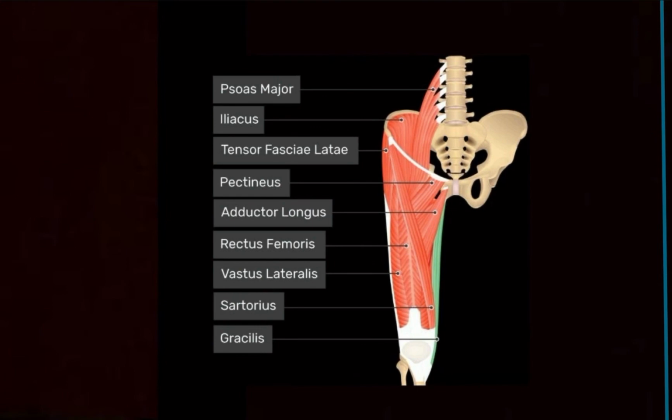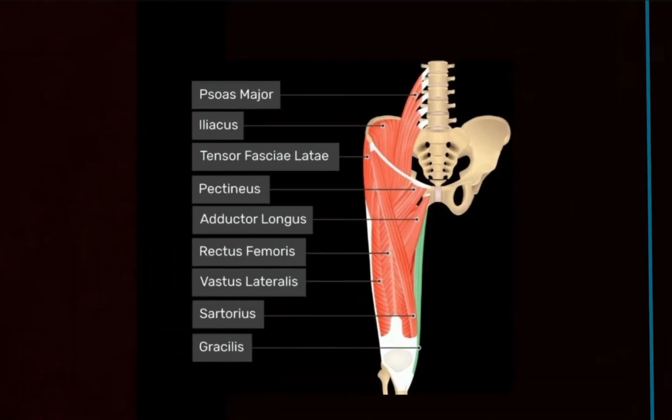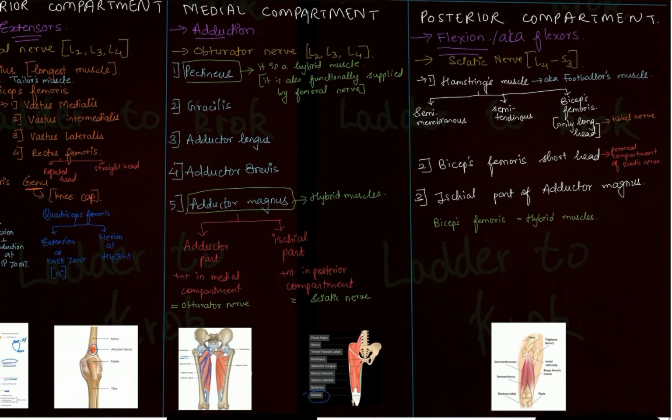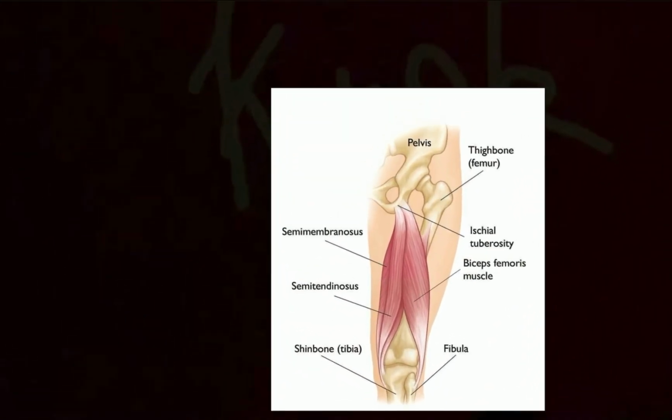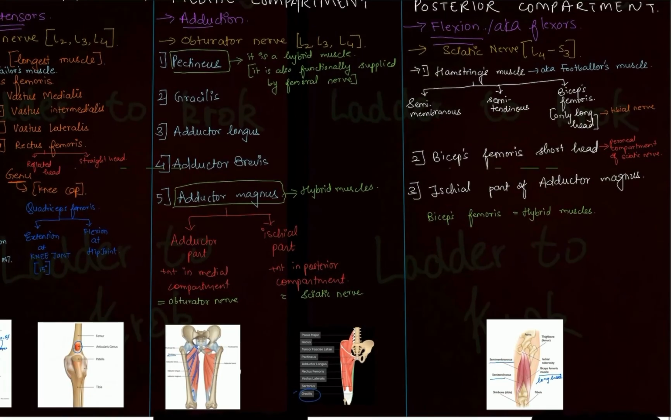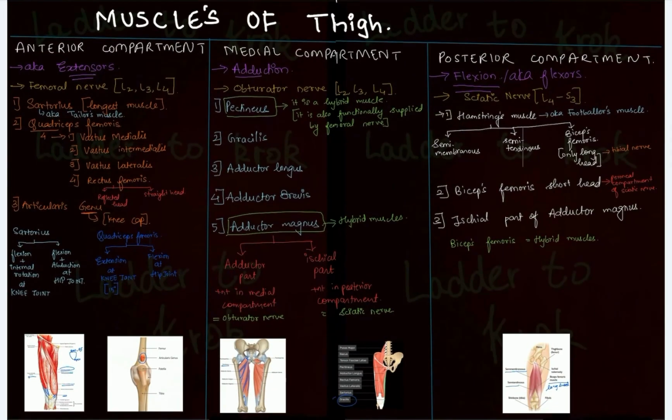So this is the picture for the gracilis muscle. This green color highlighted muscle which you see. Okay. This is the gracilis muscle. So this picture was mainly for the gracilis muscle. Let's look at the posterior compartment of thigh. I told you about the hamstring muscles. You have semimembranous, semitendinous. You can see biceps femoris muscles. So only long head is present in the hamstring. Okay. The short head of the biceps muscle as well as the ischial part of the adductor magnus is not visible in this picture. So I hope this muscles of the thigh is clear now. Thank you.